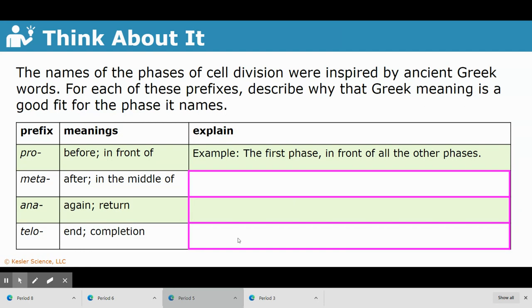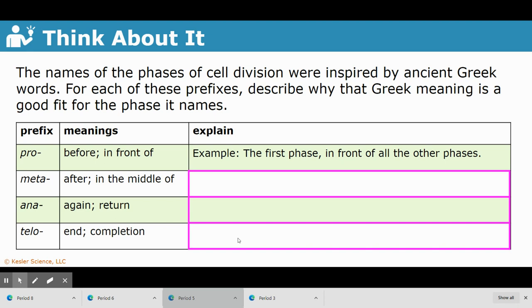Okay, on this table, it says the names of the phases of cell division were inspired by ancient Greek words. For each of these prefixes, describe why that Greek meaning is a good fit for the phase that it names. So, for example, with prophase, that's the beginning part of mitosis. The prefix pro means before or in front of. So prophase is a good name because it's telling us that it's the first phase in front of all the